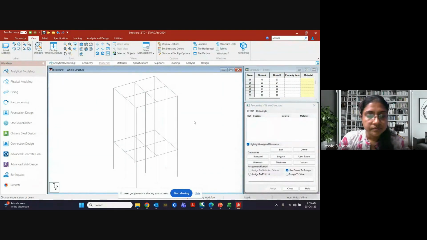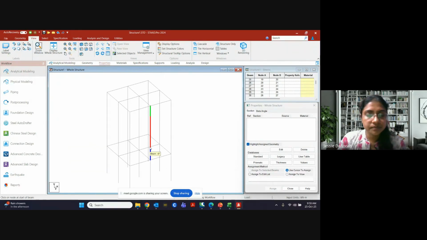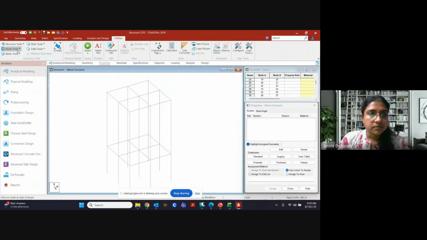Now this is how our structure looks. Okay. So now we have beams here. So now after this, what are we going to do? We will check node to node.